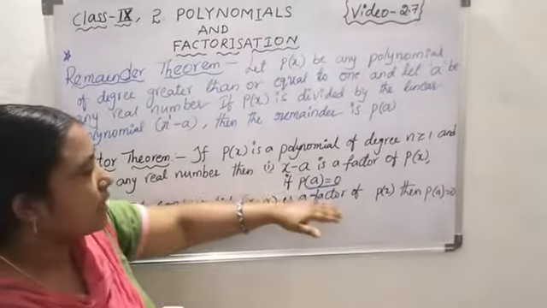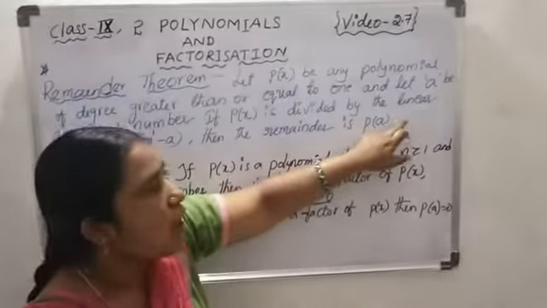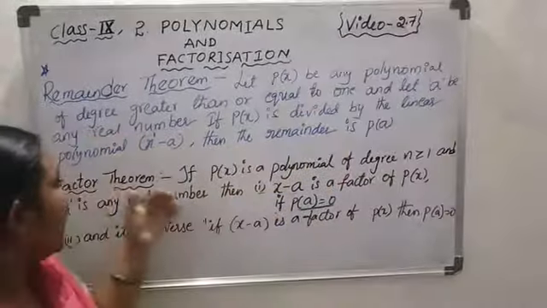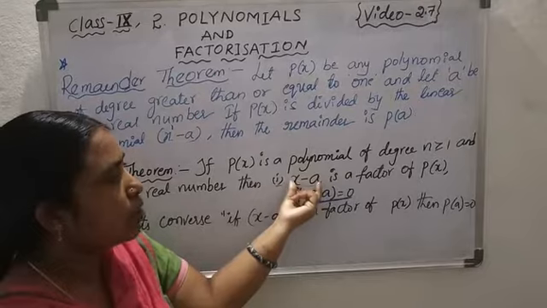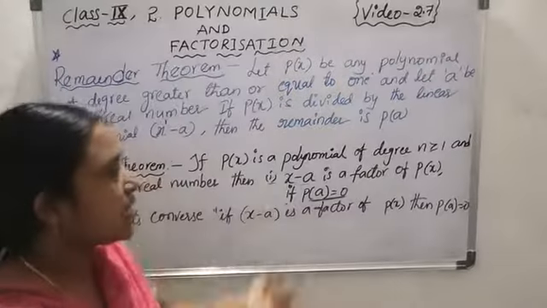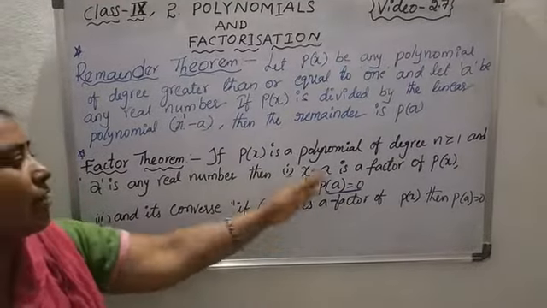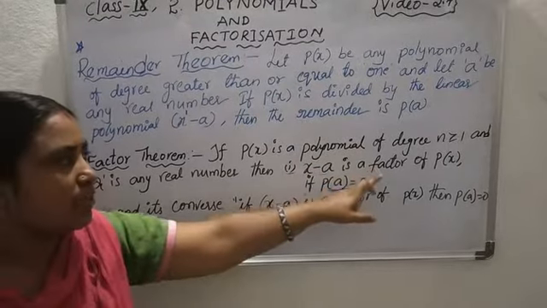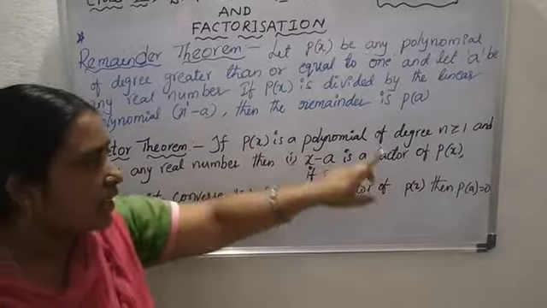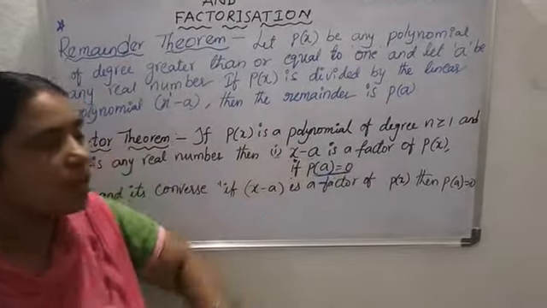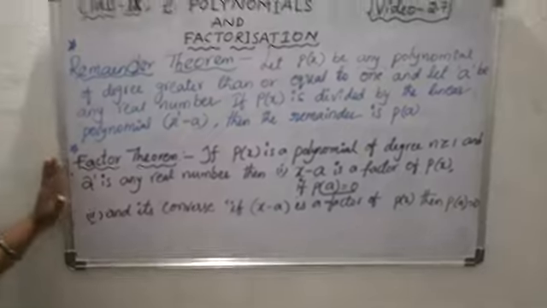So the small difference between the remainder theorem and the factor theorem is this: in the remainder theorem, the remainder may be 0 or any constant number. But in the factor theorem, if we get remainder 0, that linear polynomial is called a factor of the given P of x. Otherwise it is not a factor of P of x. At the same time, one more condition is there: the converse also. X minus a is a factor of P of x when P of a is equal to 0. Conversely, if x minus a is a factor of P of x, then P of a is equal to 0. So these are the two conditions; the converse also holds. This is called the remainder theorem, and this is called the factor theorem.